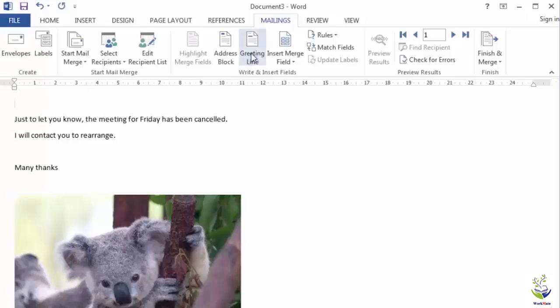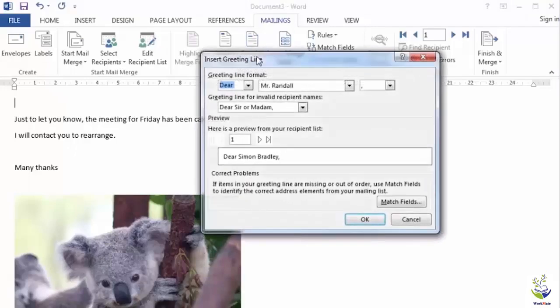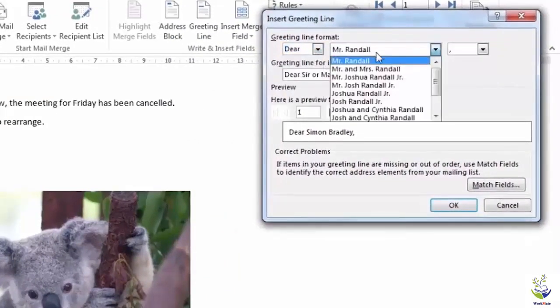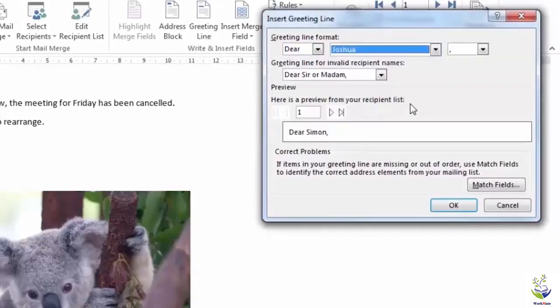So of course I want to greet each individual, and I'm going to select greeting line, and I'm going to have 2, and I'm going to select Joshua. Because this email is quite informal, it's going to my colleagues, we don't need surname or Mr. or Mrs. So the first name will be fine, and again I can preview those just by clicking through. Okay, we're looking good. So I'm going to click OK,